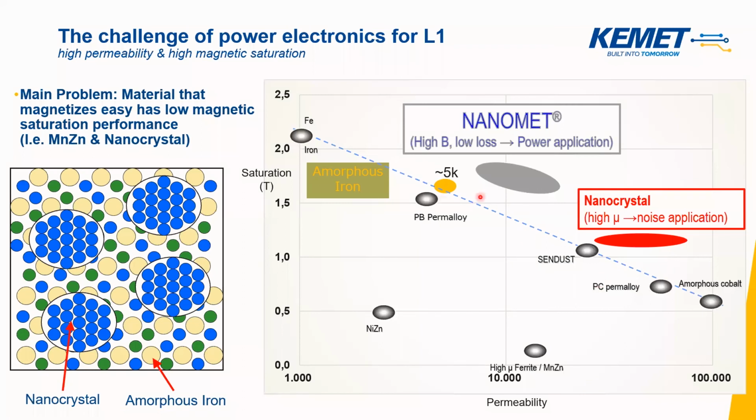So if we have a look here, we have here at Kemet two materials, the nanocrystal material and the nanomet material, which lie above the line. And how does this really help a design engineer? Well, it helps a design engineer because let's say if you select a component like amorphous cobalt for your core material, you have, of course, high permeability. This means you would reach an incredibly high inductance value. But as soon as some current starts to flow through the windings, then because of also lower saturation, what this essentially means is that you would not be left with a lot of inductance.